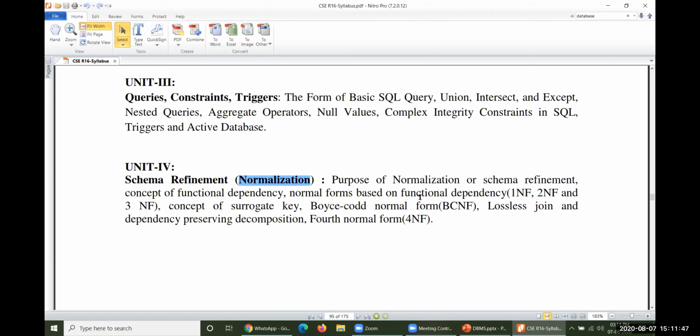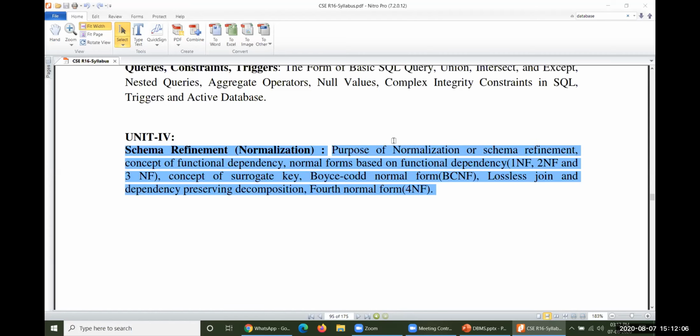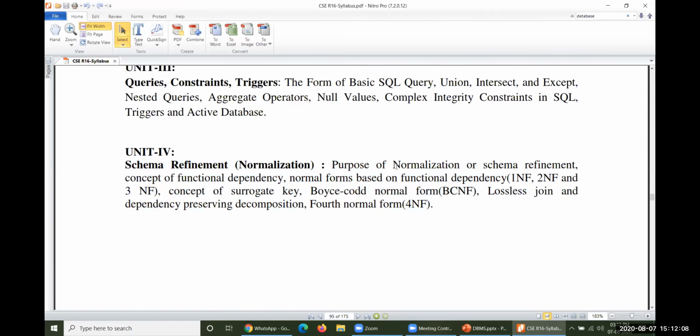This is the unit, and this unit gets completed within 2 hours as far as I am concerned. If any other people are taken into consideration, it could take a huge amount of time. But as far as I am concerned, this entire unit will be completed in 2 hours only, maximum of 3, not more than that. Okay. However, let us see what exactly this unit is, and why this particular unit.